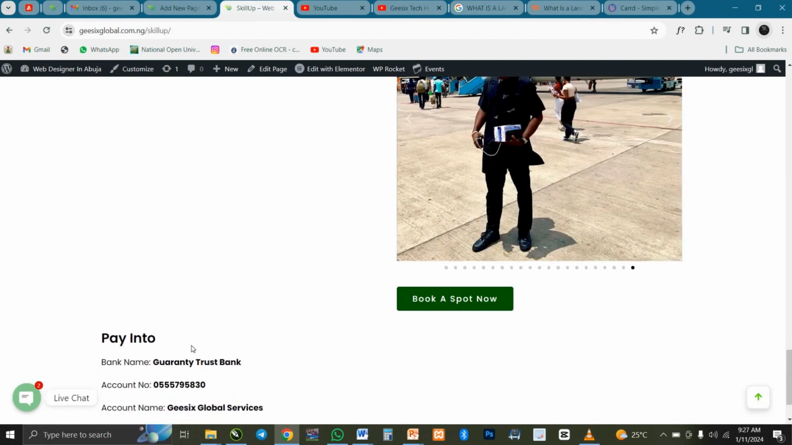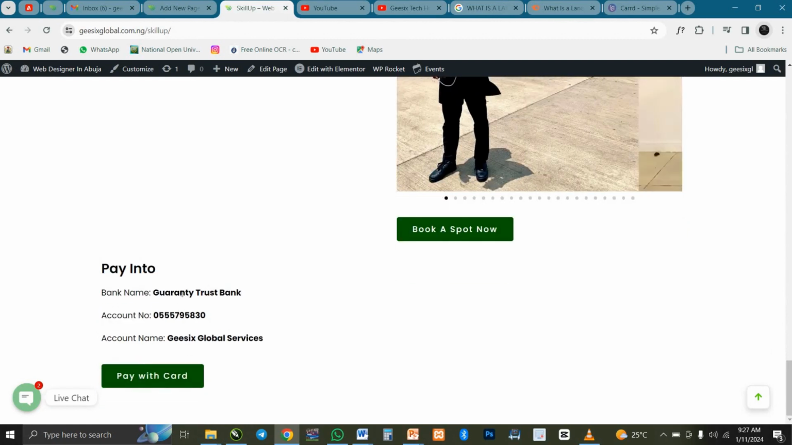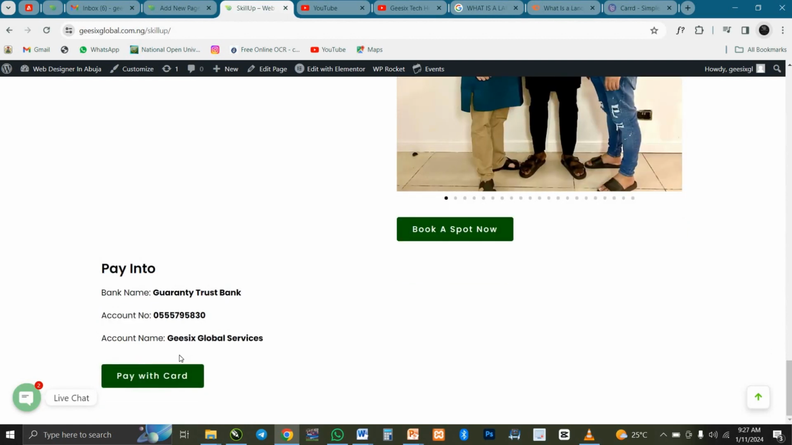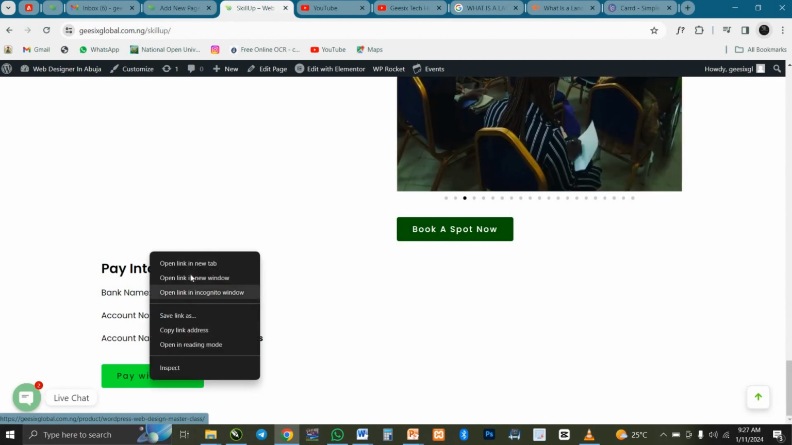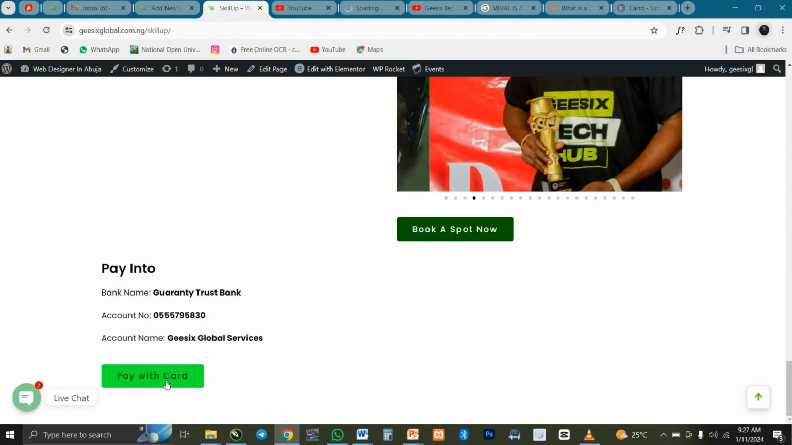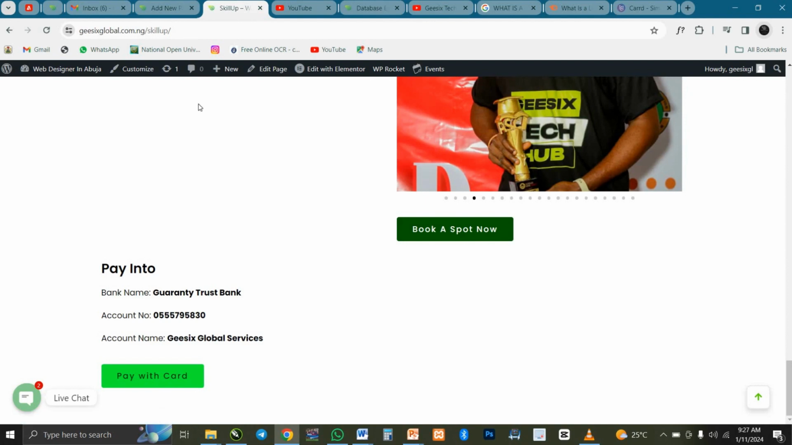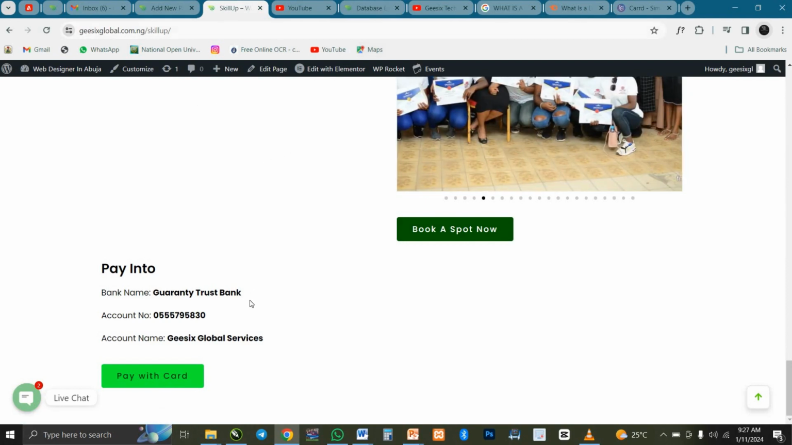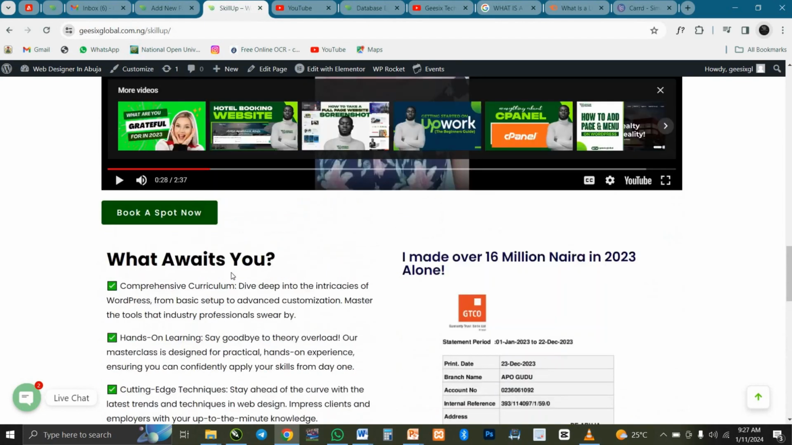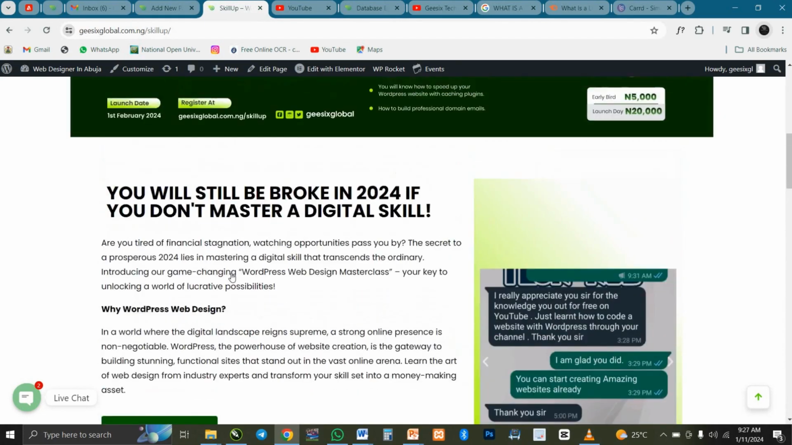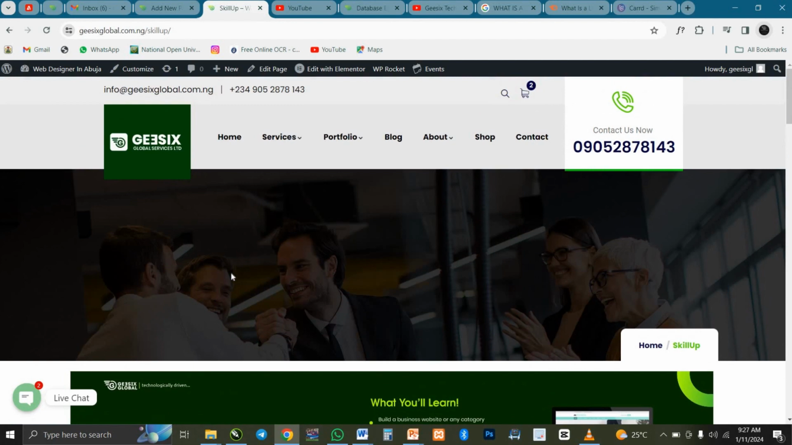So on this section now, you have an account number where they can pay into, and there's a pay with card section here. So basically what this pay with card section does is take you to a page where you can pay with your ATM card. That's the whole idea. So now that you have an idea of what a landing page looks like,